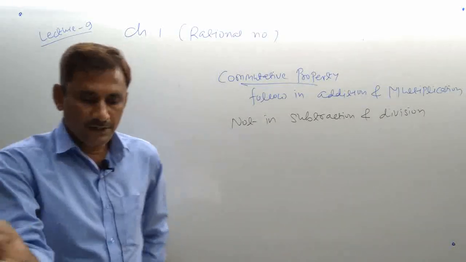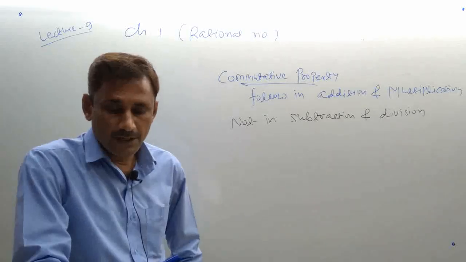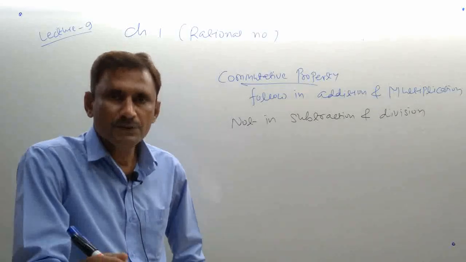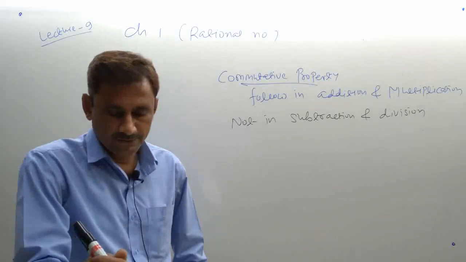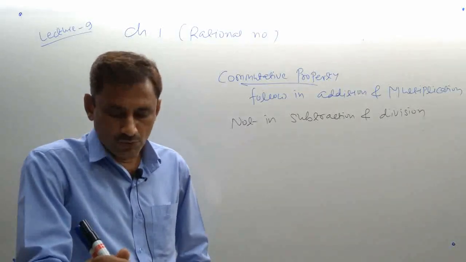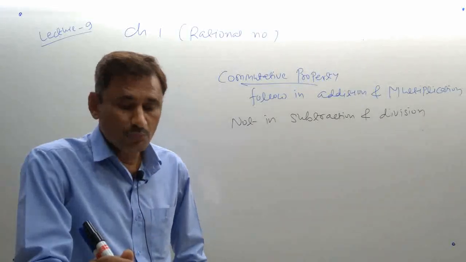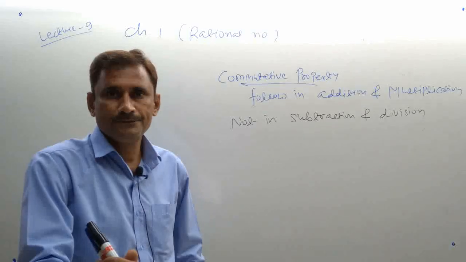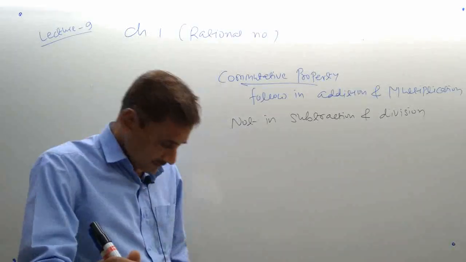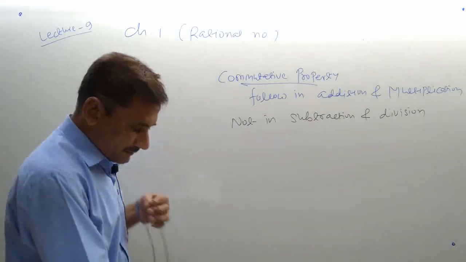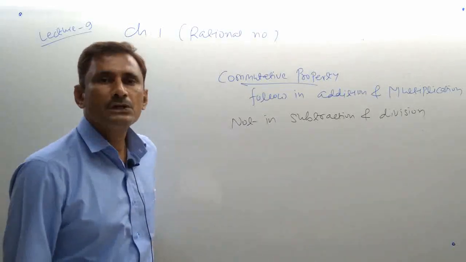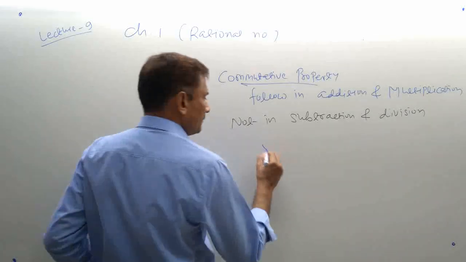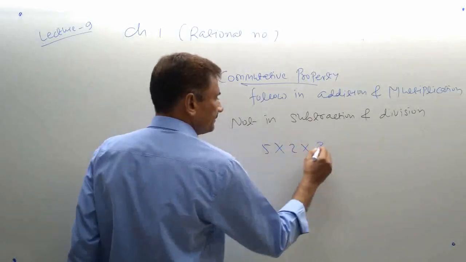So here they are telling two rational numbers can be multiplied in any order. So this is the second property. They have given an example also. You can see that yourself. Number 3. For the product of 3 or more rational numbers, they can be grouped in any order. I am just giving you one example. Suppose you want to multiply 3 numbers, 5, 2 and 3.